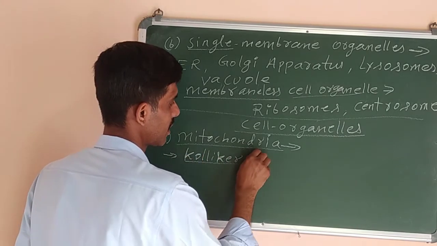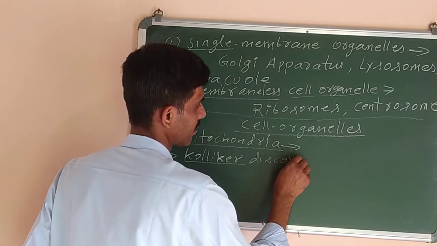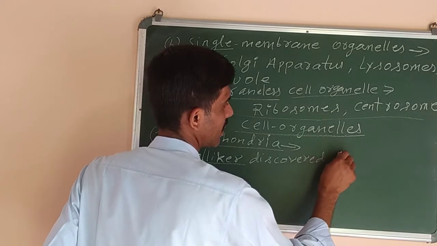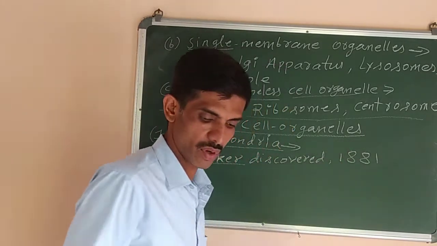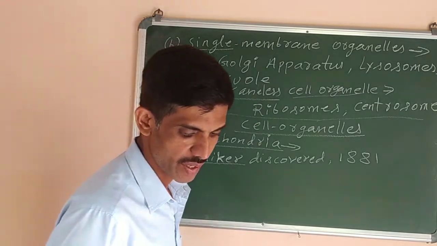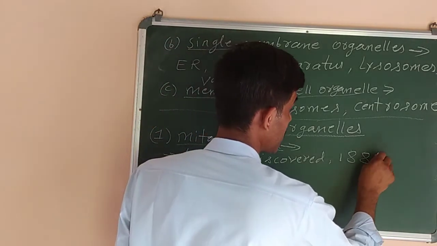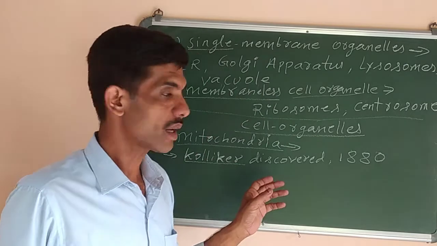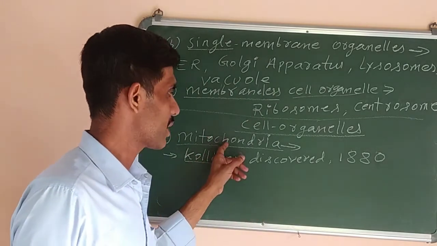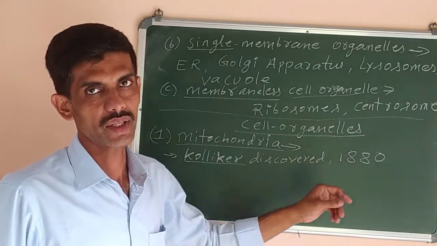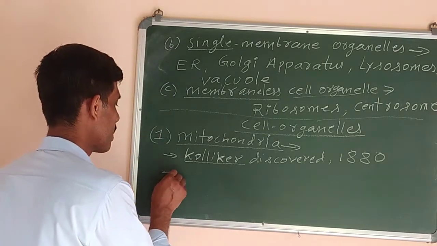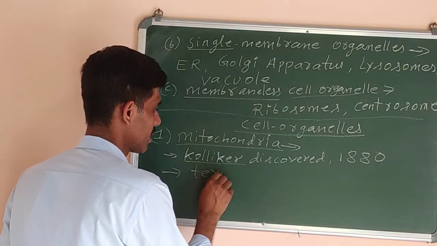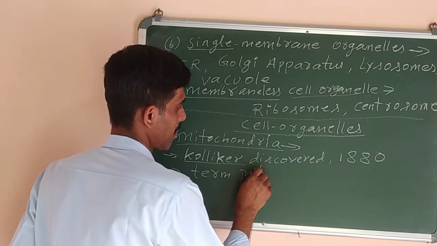Kolliker discovered mitochondria in the year 1880. Sorry, not 81, 1880. But the name or the term mitochondria was given by